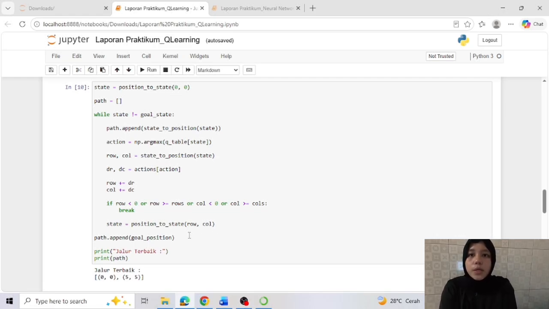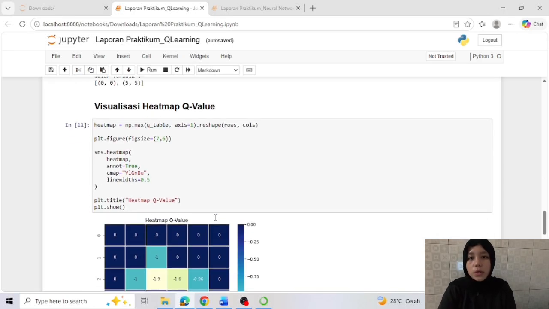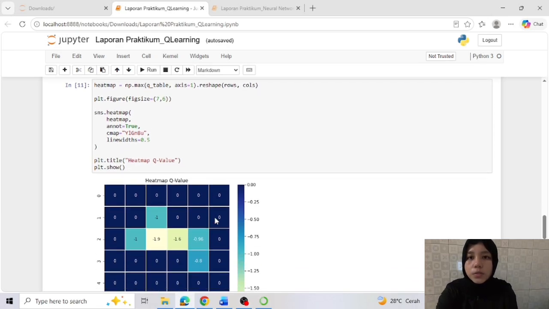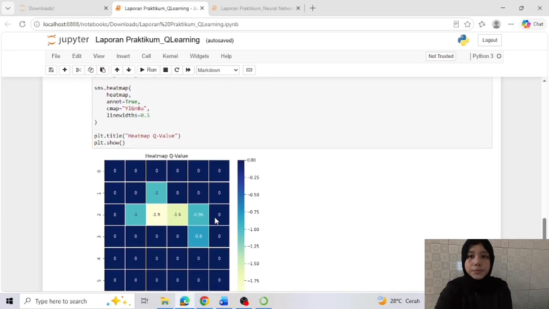I also display a heat map of the Q-values. The heat map helps visualize the learning result. States closer to the goal generally have higher Q-values because they provide greater future reward. This indicates that the learning process was successful.